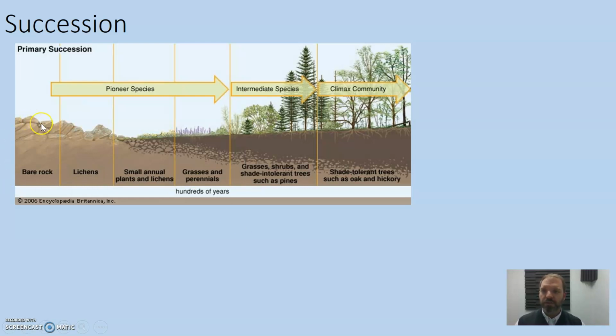So here at the bare rock, no plants can grow because there's nowhere for them to put their roots and not much water or moisture. Lichen is a symbiotic organism that involves algae and a fungus living together that can live on bare rock and starts to break that down and make some sort of sand. Once there's something for seeds to take hold in, some small plants and lichens can continue to grow, and as they die, they leave their organic material behind that starts to turn that sand into soil.